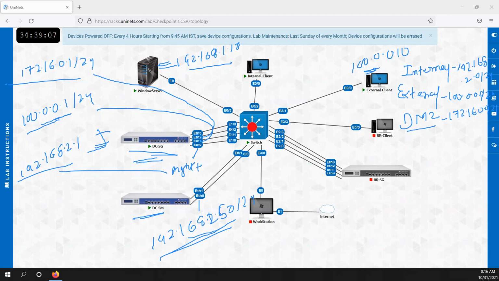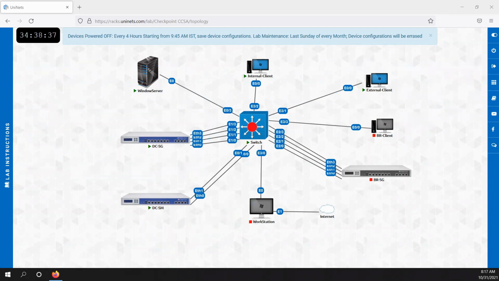Right now we will just take this much. I just want to do basic settings over here, so that if I generate traffic from this Windows server to this external client, that traffic should go via the firewall. From the firewall, this traffic goes to the external client. That's what I want. Hopefully this IP schema is clear for you. And if not, in coming classes we will do a lot of configuration, and it will be clear for you.